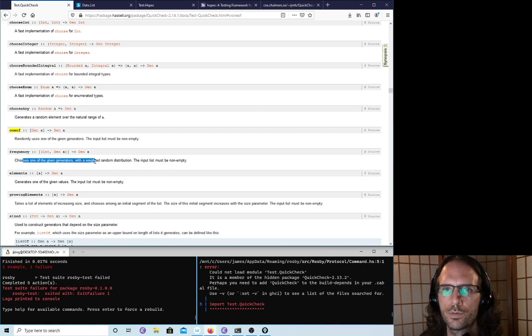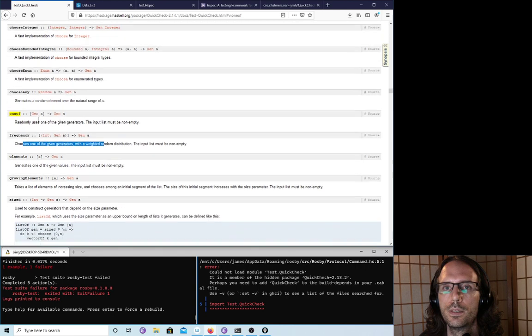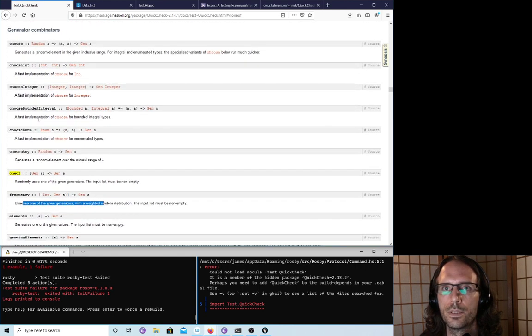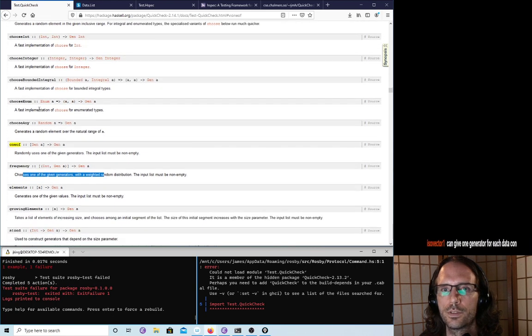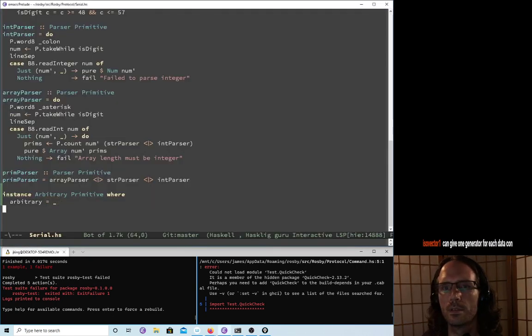Okay, and we can choose frequency as well. It could give us a distribution over which ones we should choose more often than others. That's cool. Yeah, these are all really handy, the generator combinators. And that's totally what I was looking for. Thank you, ISO. Yeah. So oneof,